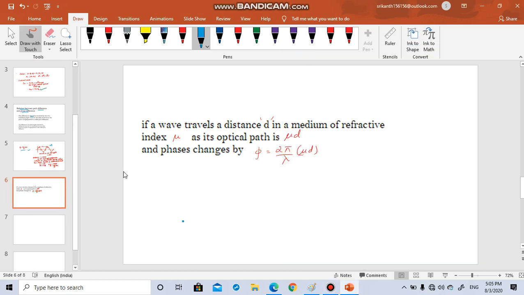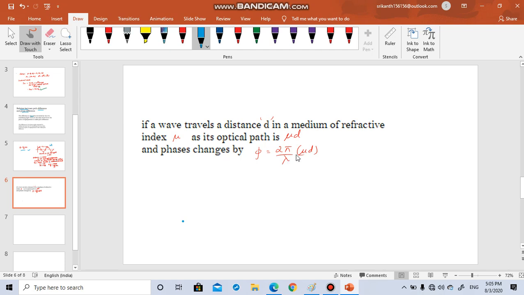Now, just one more concept in continuation to this. If a wave travels a distance d in a medium of refractive index mu, let us say a wave is traveling through a glass medium. The glass medium will have its own mu value. Then, two parameters: its optical path is mu times d, and the phase changes by phi equal to 2 pi by lambda into